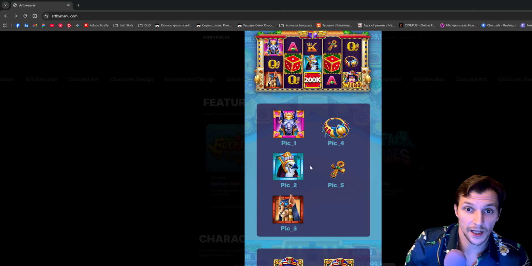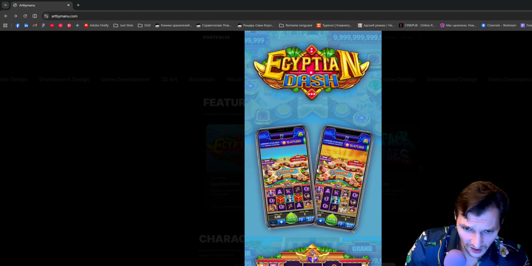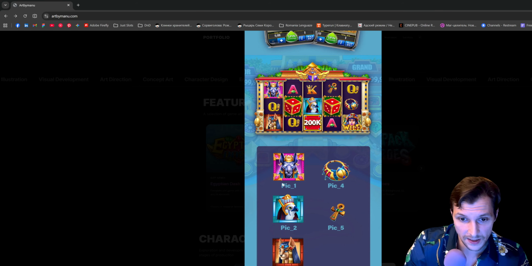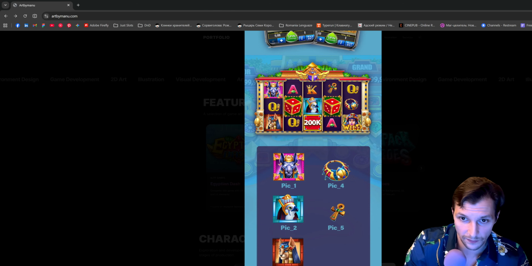Too much technical. Actually, if we started as a presentation of art, I would like to see, as it's slots, it's important to me to not guess what this symbol is. Is it a high symbol, scatter, bonus, or what? As I got, it's a high symbol, and this is kind of low or middle symbols. As I see by the screen, it might not be royals for sure, so it's middle symbols, but I wouldn't name it the technical part.